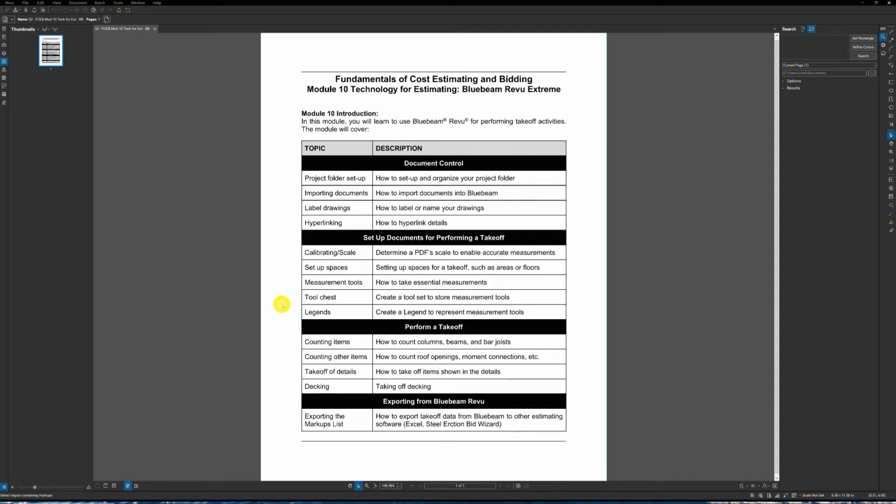I'm Vince Hughes with Still Estimating Solutions, and in this Module 10, we're going to be going over Bluebeam Revu Extreme. Some of the topics of discussion are going to be how to set up and organize your project folders, importing documents, how to label drawings, hyperlinking the details, and then go through some setup process, calibrating scale, checking the scale on the drawings, setting up spaces for items like areas or floors, measurement tools, tool chest, creating a legend,